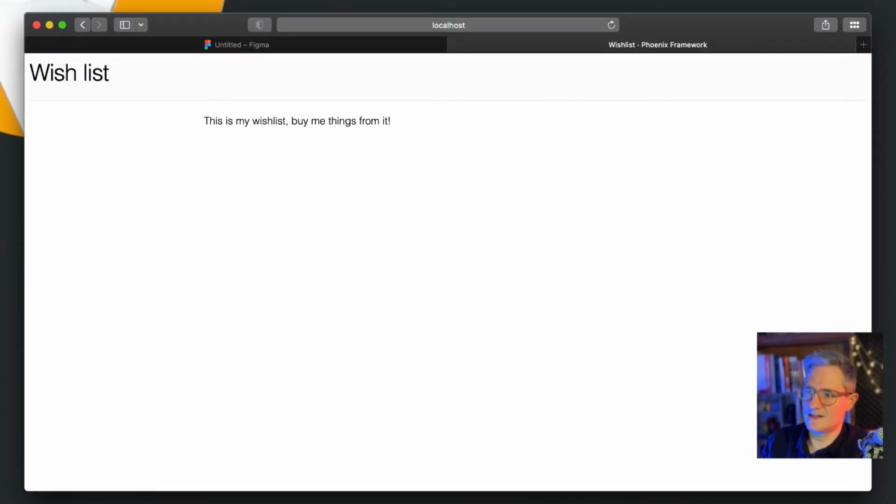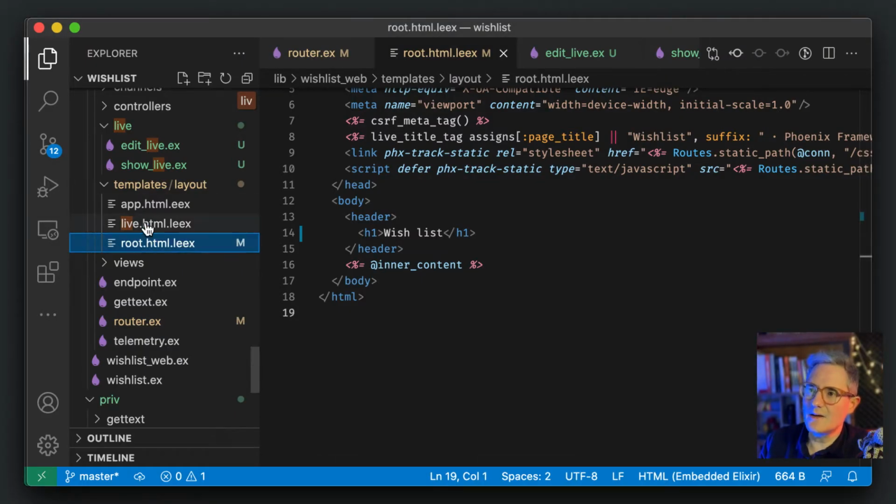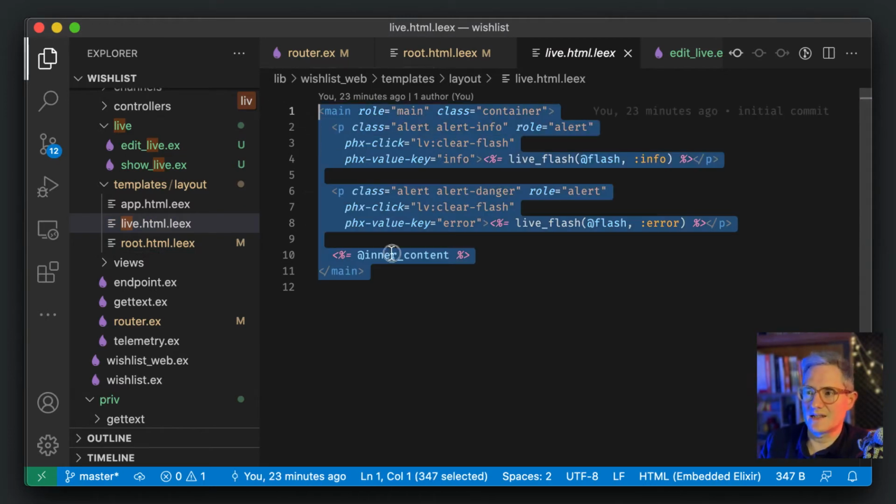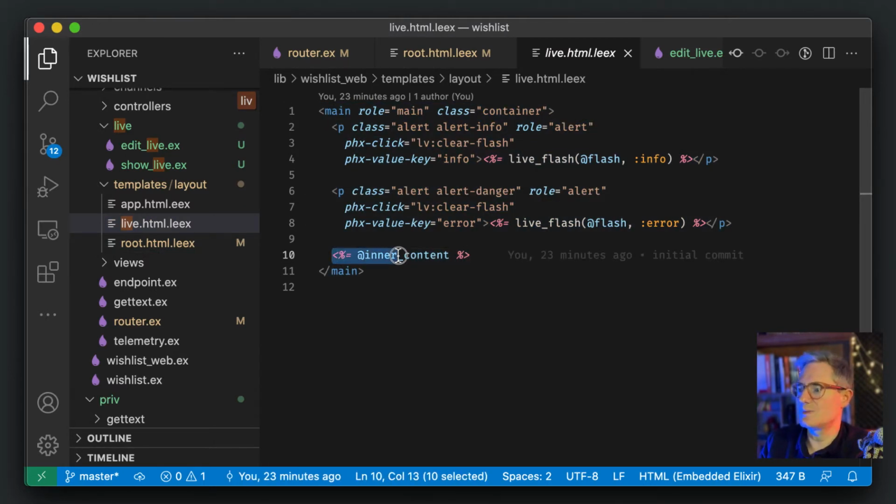Okay, so this is the template, but you get the root layout, but then you get your live layout, which adds some extra stuff and has some more. So it's actually nested within two different templates. And in truly professional style,